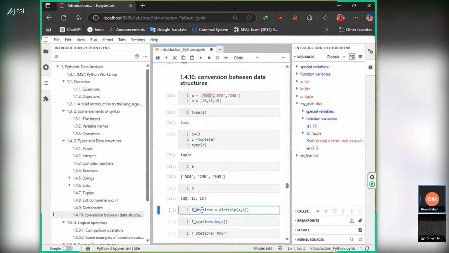Now if I type T stations dictionary, last time I discussed this one, zip, what it will do. If I say zip AB, what will happen? I have two lists. If I say zip AB, what will happen? This is combining. How is it combining? First one NKG and then CMB and then Shanghai, and then in B, I have values 20, 15, 15. So if I execute that code, zip AB,